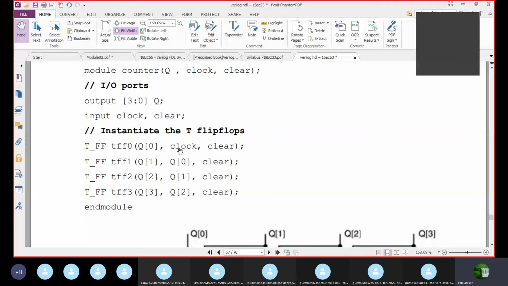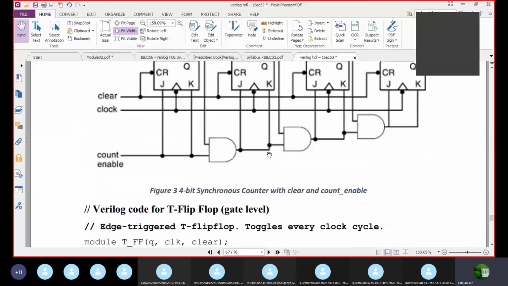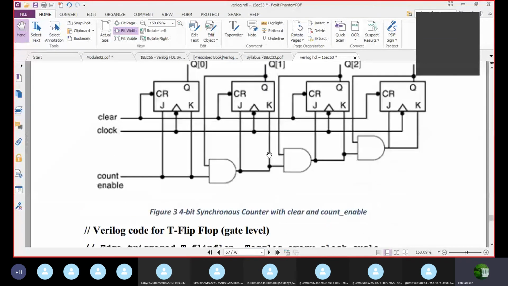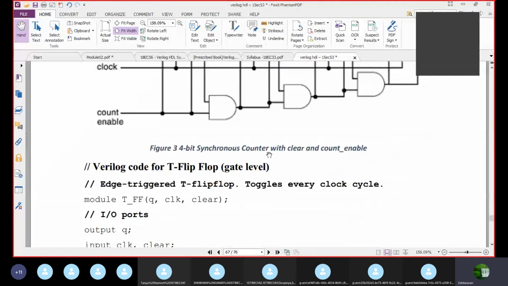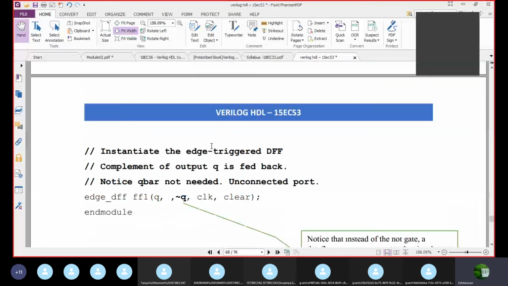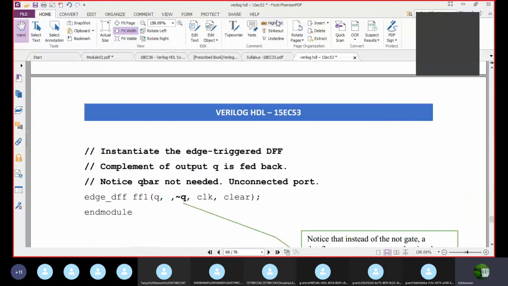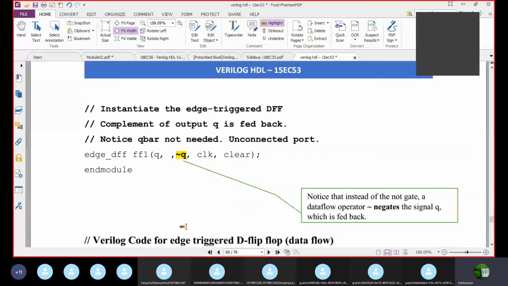So here you can see in the D flip-flop Q comma not Q clock. See, one important thing I'm showing inside this statement is that we are using the operator. Notice that instead of using one more assign statement, here itself straight away I can use not Q actually. So it is nothing but an unconnected port. Why am I using this?